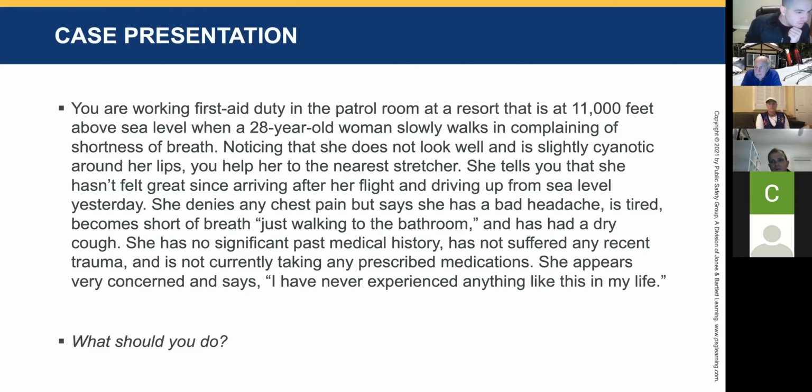Wouldn't you want to know what her vitals are? I mean, if they're deteriorating, you'd want to call EMS right away, right? Absolutely. I mean, it doesn't hurt to get EMS coming, especially since there's a whole host of other things that could be going on. Obviously, altitude's the first thing that comes to mind, but we want to verify it's not something else.